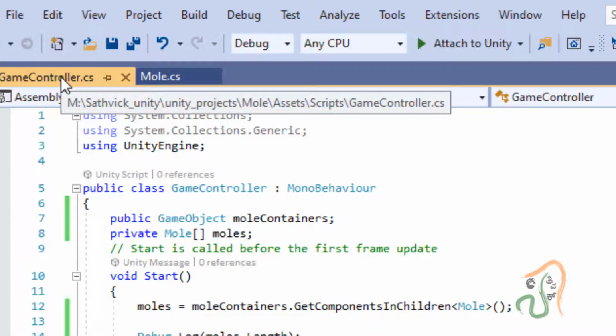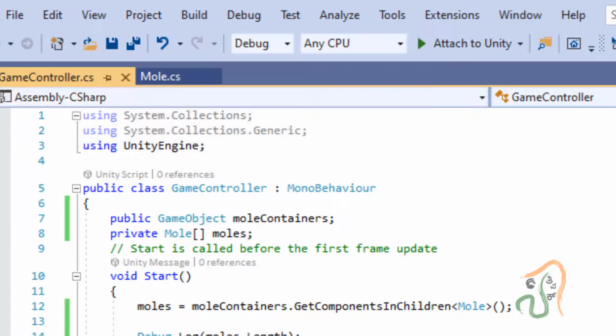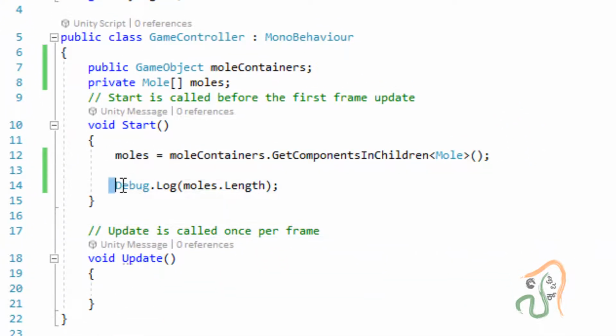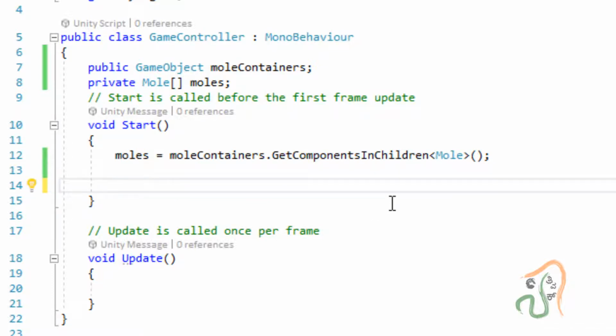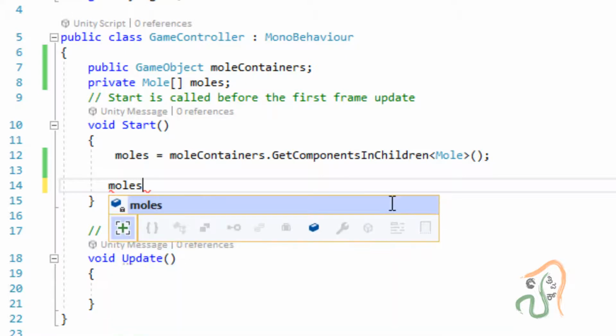Now coming back to the game controller script here, we had added in start this line Debug mole length. So delete it. Now here what we are going to do is, as soon as the game starts, we are going to call this moles array, but moles is an array.